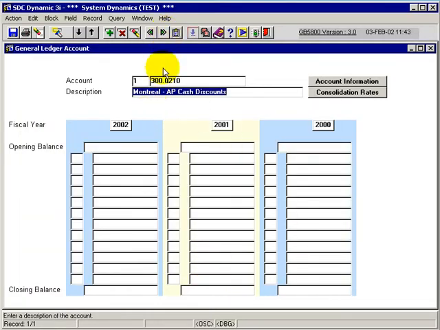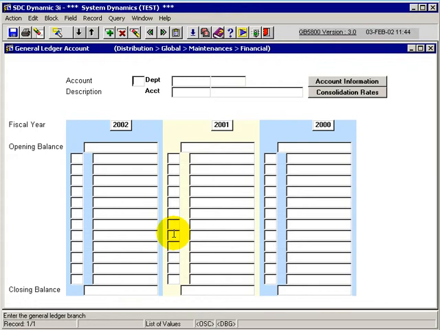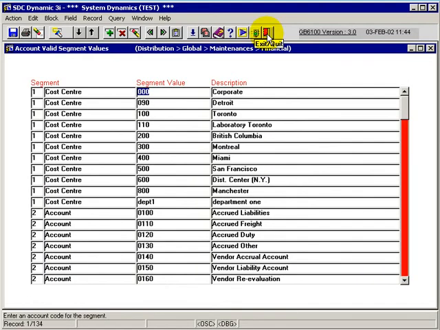Now what happens here is it strings together the description from this valid segment value 300, which is Montreal, and for 010 was accounts payable cash discounts. And then we can proceed on to enter our GL account. We're not going to save at this point, and we'll go back to our screen,